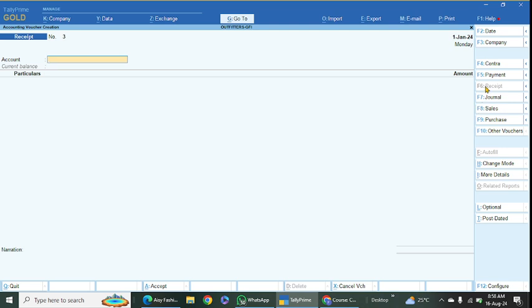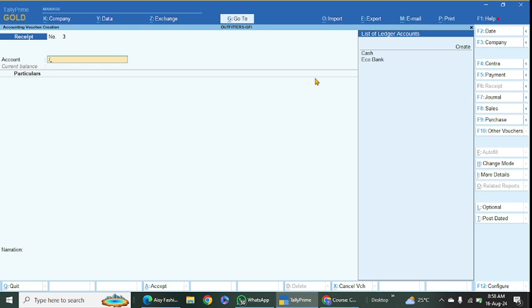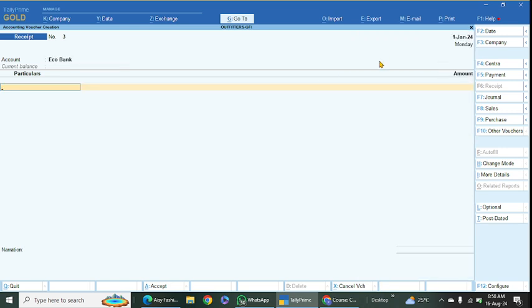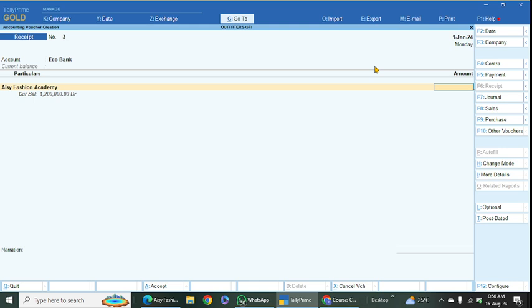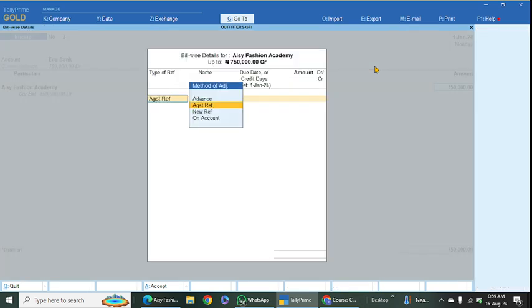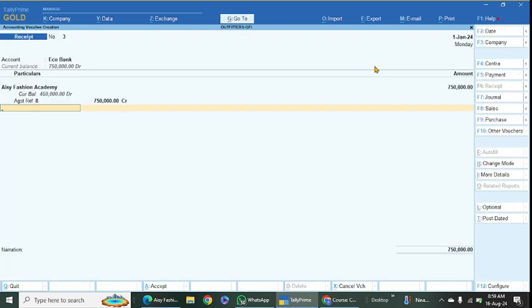Vouchers, select new voucher, now receipt, note account, Eco Bank here, and then IC Fashion Academy. How much did she pay? Let's say for instance she didn't pay the whole 1.2 million, and she paid like 50 to 75%, so that would be 750,000. Control A, enter,